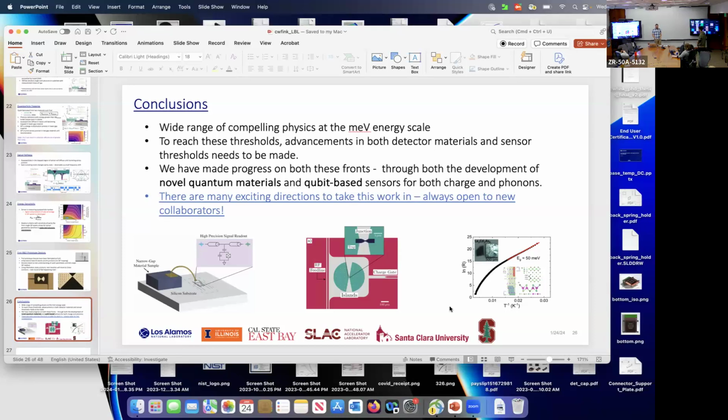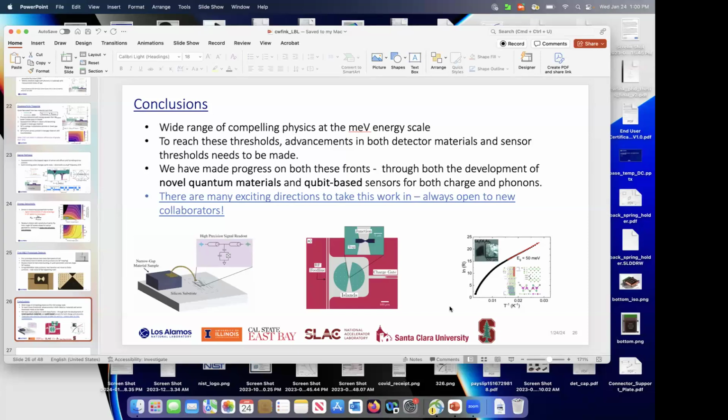Yes and no. That is something we've been working on. We haven't figured out a reliable way to measure it, but we've been trying to. It's kind of a phase 2 of this. Once we figure out which materials we can reliably grow and make detectors better, we'll put more effort into the measurement of that. Okay, thanks.